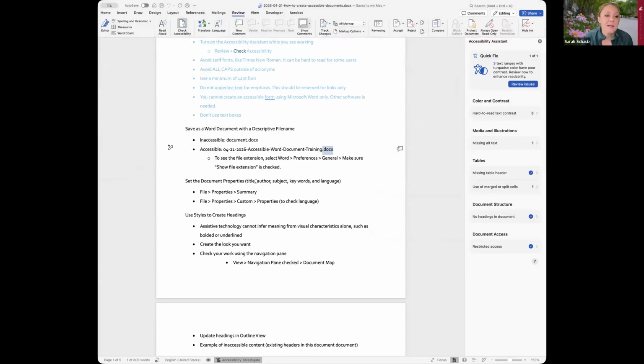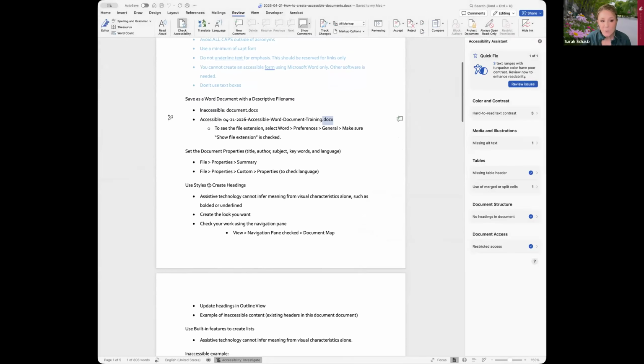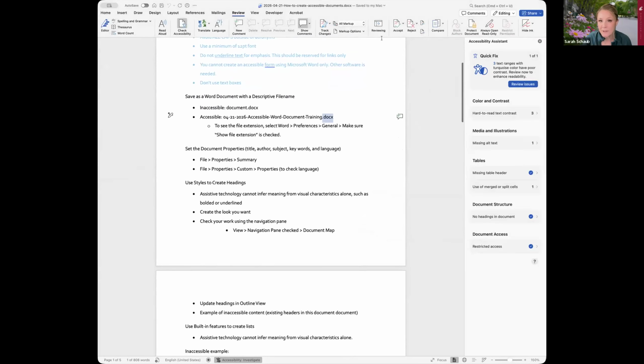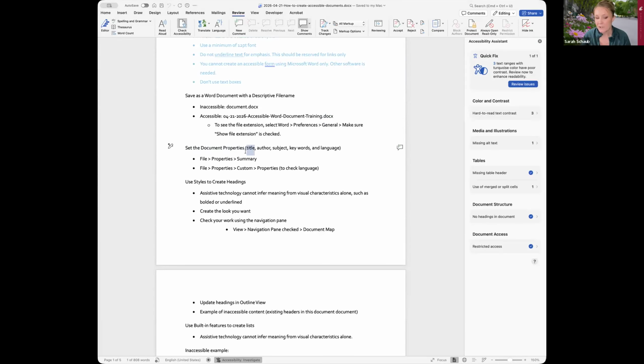The next thing you want to do, and this is really important for accessibility, is set your document properties, most especially the title of your document. It will always fail an accessibility check if you do not. When you save your document as a PDF, if it doesn't have that metadata attached to it, it will automatically fail the check in Adobe Acrobat when you run a check in Adobe. And so how you want to do that is you go to